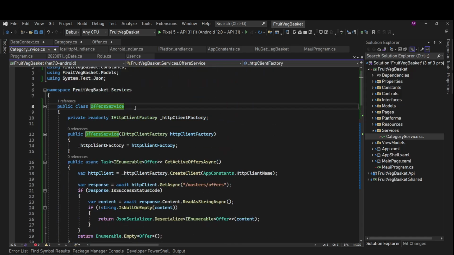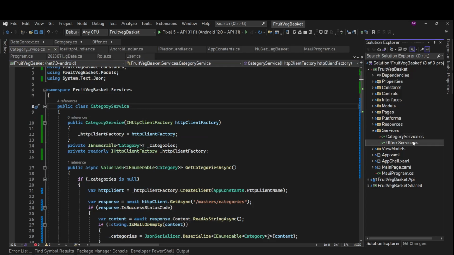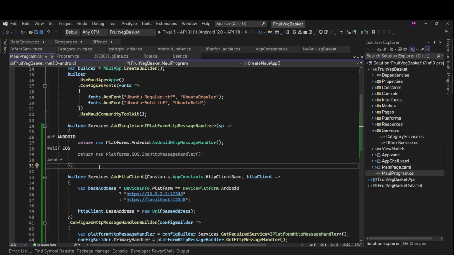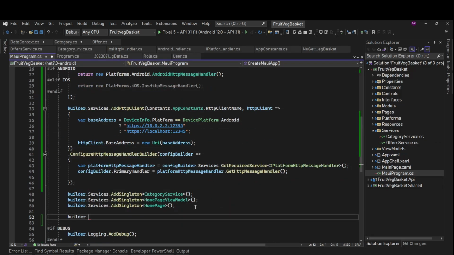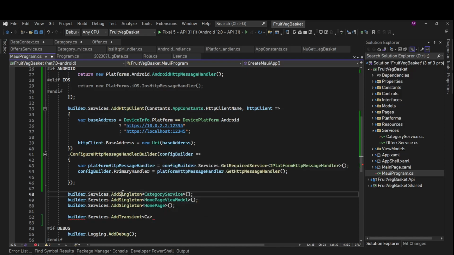So we'll do this later. Now let's move this offer service to a separate class file, OfferService. Fine. Now let's register these category and offer services. So we are here. Let's register builder.Services.AddTransient. Oh, CategoryService is already there.